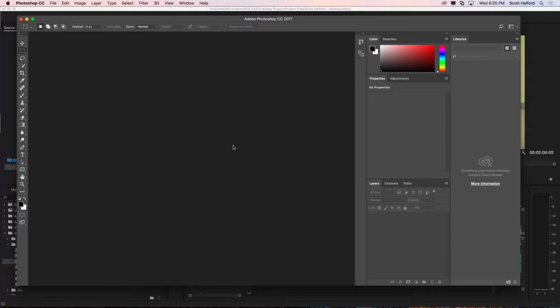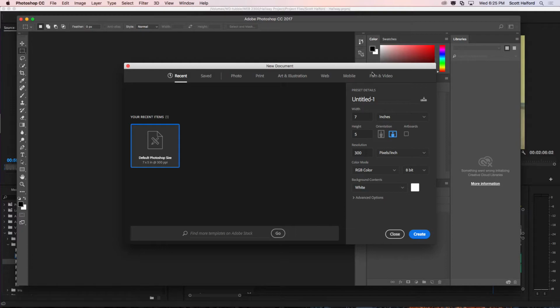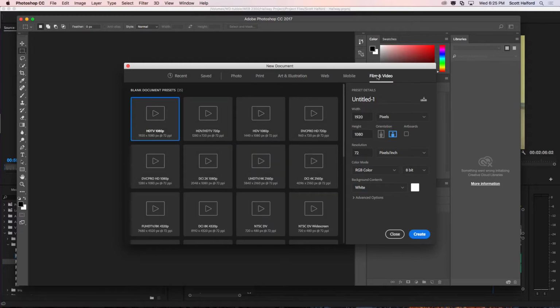To create a new Photoshop file, Command N for new. We got a bunch of presets in here, and I'm going to go to the one over for Film and Video. Fancy that. By default, they've gotten smart and realized that most everybody's editing videos in HDTV 1080p. So that's going to be our preset, which is 1920 by 1080. Resolution doesn't matter in video because it's pixel dimensions and not resolution. So you could have a 300 resolution or 72 resolution, it doesn't matter so long as there's enough pixels to fill the frame. Background, I'm going to make the background